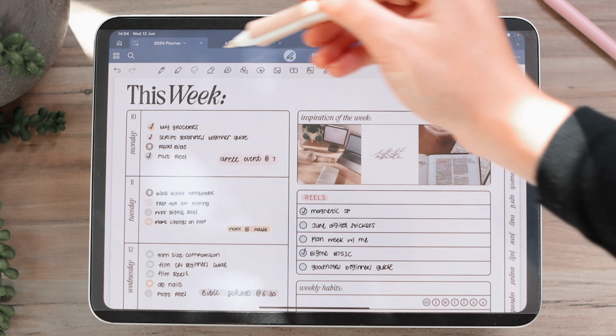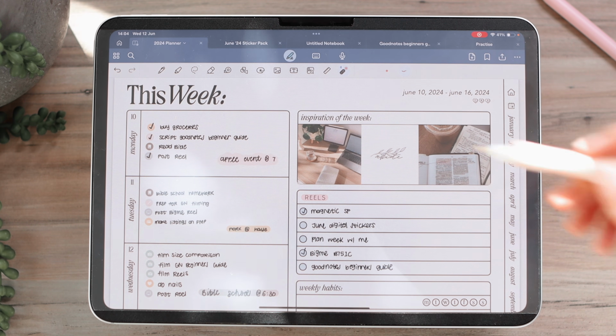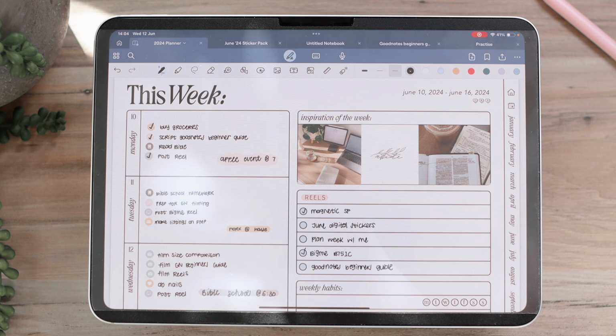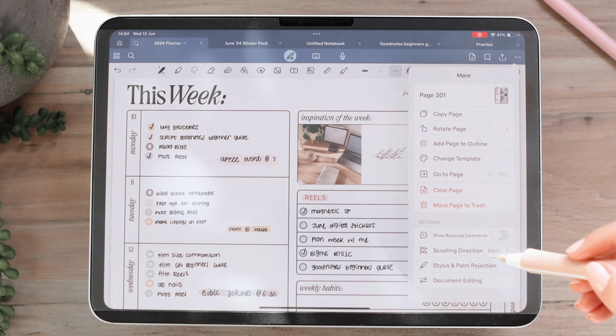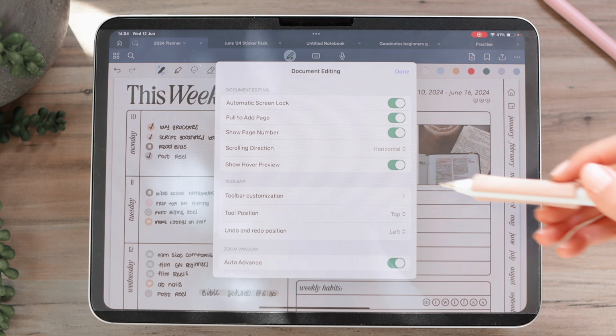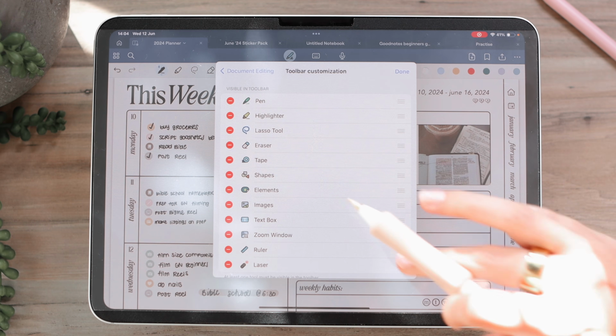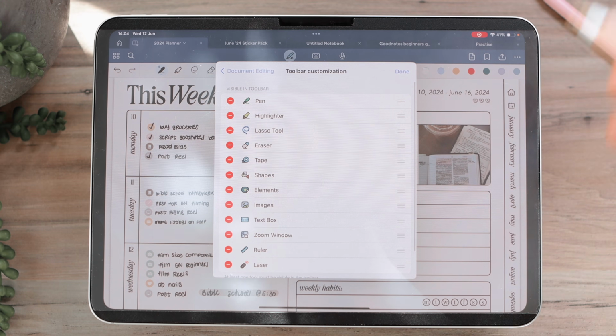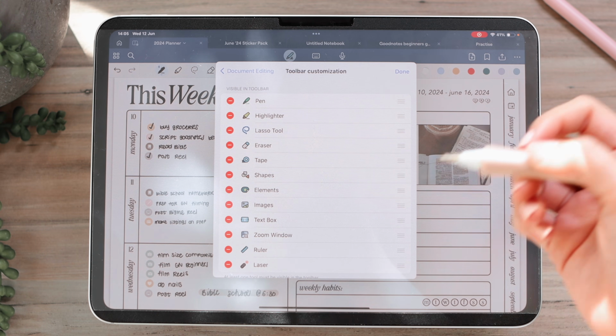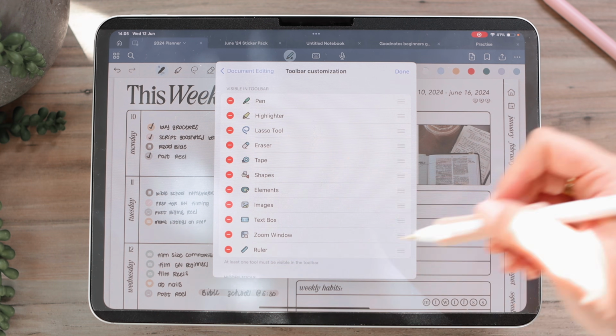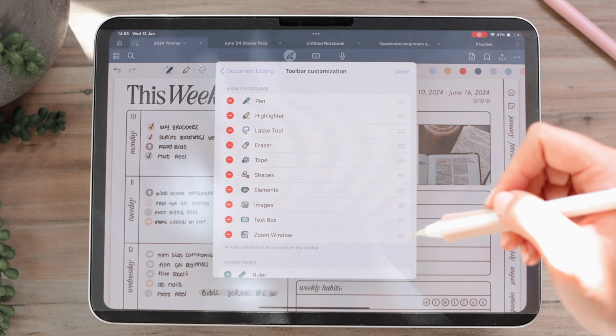Also, if there's something here that you're not going to be using and you want to clear up some clutter for your toolbar, you can customize it. So I'm going to go here to the three dots. I'm going to go to document editing and toolbar customization. So here I can remove things that I know maybe I'm not going to be using. Like for instance, I barely use the laser tool, and the ruler I also don't use,